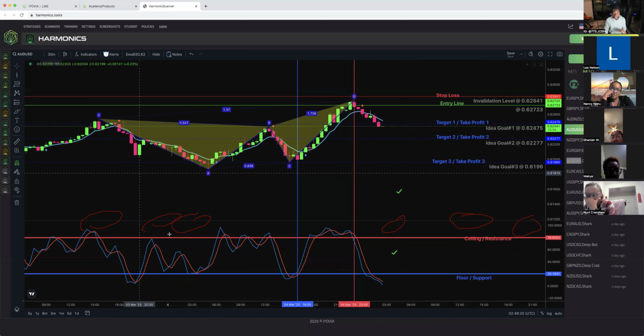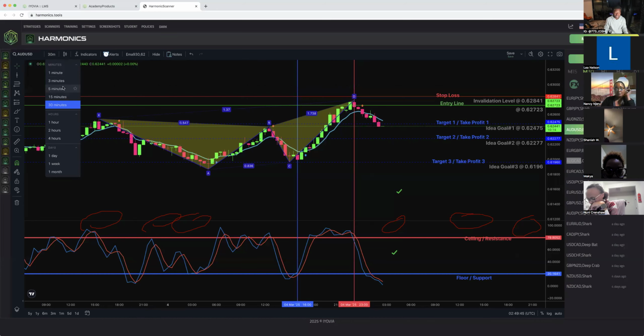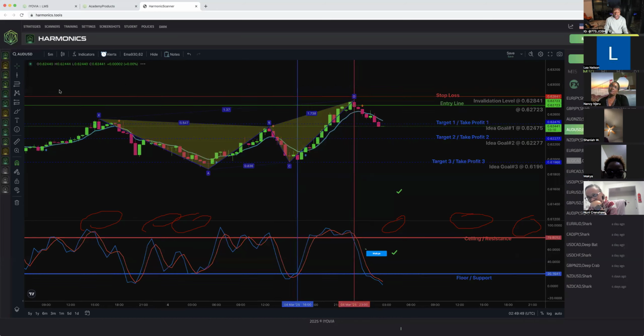Now, the last and final step. Step number 7. This was step 6. You want to identify the buy and the sell. You don't need to go all the way back, but when you're looking at the market right now, you want to make sure that before you sell at the green line or buy at the green line, you're in the right zone, the buy zone or the sell zone. Okay? So from step number 6, step number 7 is change the time frame to the 5-minute time frame.